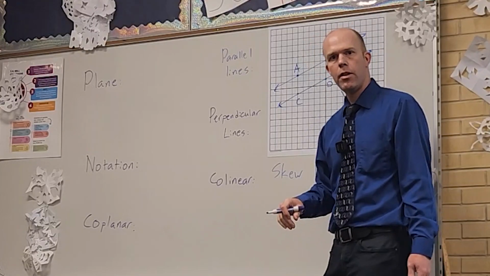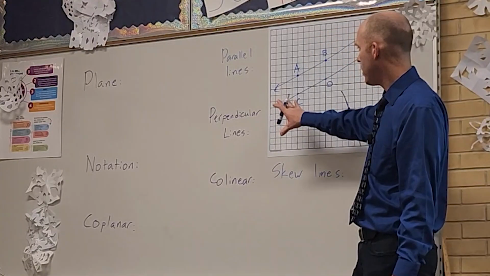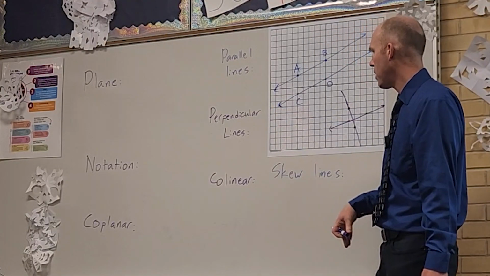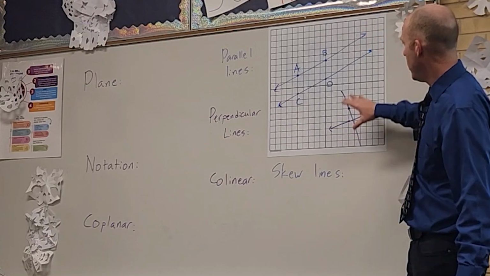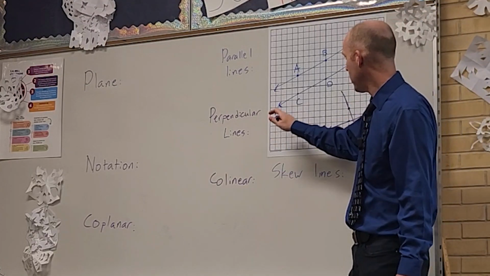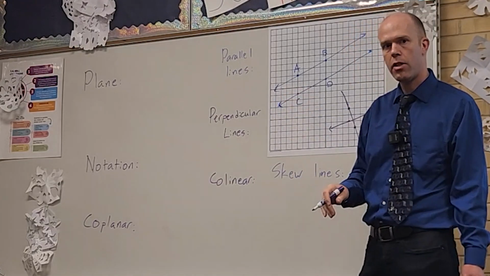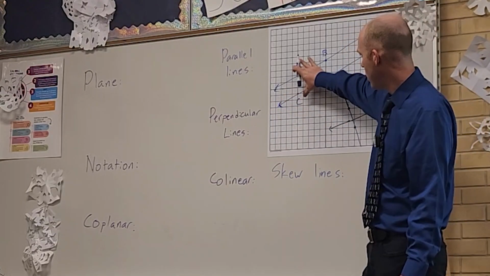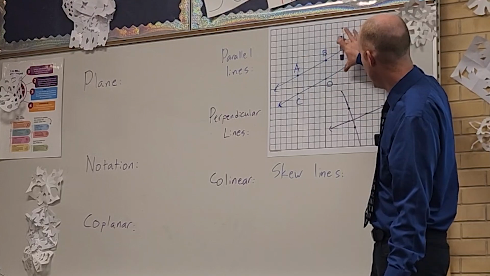Today we've got a lot of definitions to go over. We're going to start with this diagram right here, talk about some parallel and perpendicular lines. You can see right here these two blue lines are the parallel lines. Now parallel lines never touch. They go off in the same direction, and so you can see that from here all the way along, these